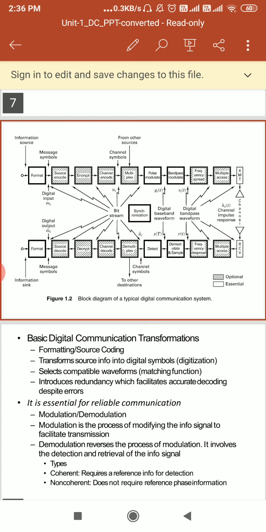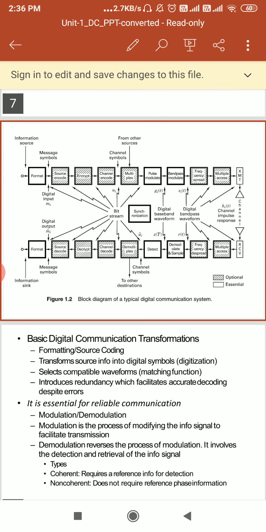If the channel is wired, the bits have to be represented as electrical pulses. So the pulse modulation block will represent the bits in a suitable line coding. It means we can take any format for the coding, such as polar, unipolar, bipolar, return to zero, or non-return to zero.